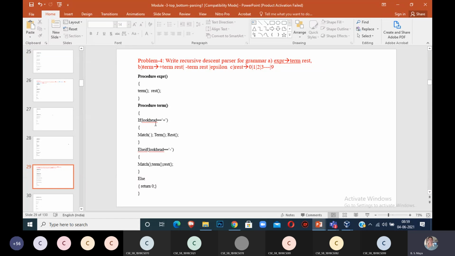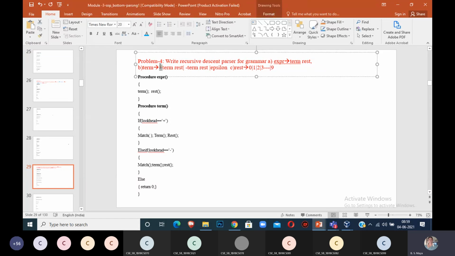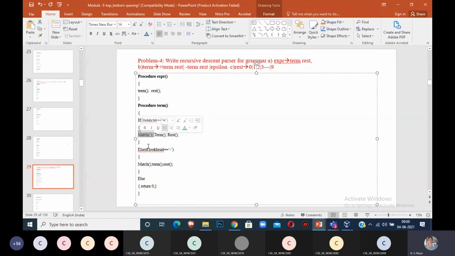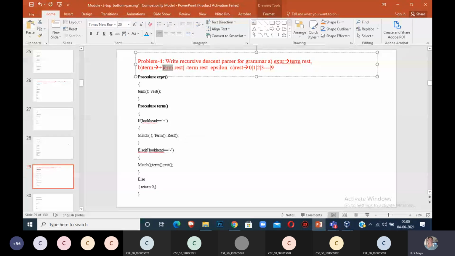You can write if lookahead is equal to plus. The first thing you can go with is CH is equal to get character. If character is equal to plus, both are the same. Instead of doing that, you can also use if lookahead is equal to plus. Yes, if it is a match. See, match is not compulsory, you can write it, that means it is true only. If it is a match, it calls the term procedure.